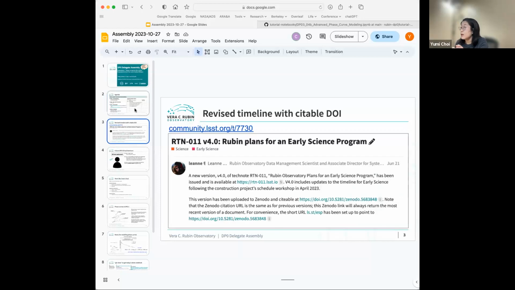Okay, and we have two announcements today. For those of you who missed the announcement about the revised timeline for the Rubin Early Science program last week, and then about the citable DOI information as well, please check this post, and then for the full information, go to the RTN-011 for the details.